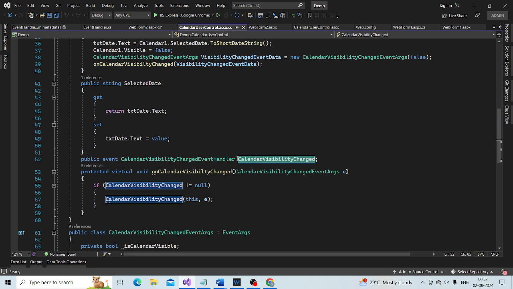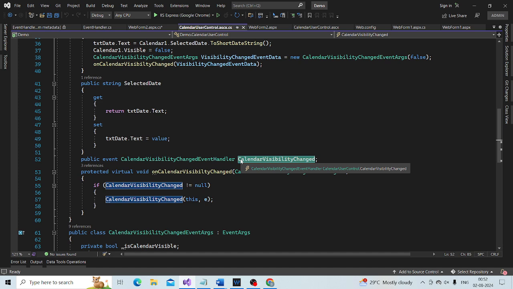Again, in the previous session we discussed what events are. Events are variables of type delegate with an event keyword in front of them. As you see, this is the event keyword. So what is this?